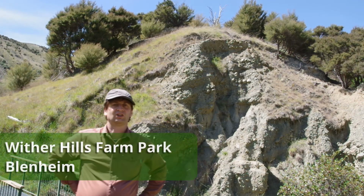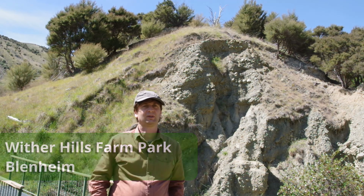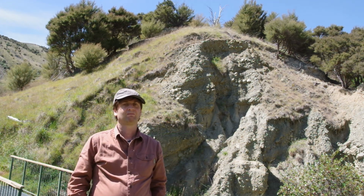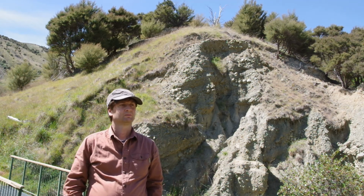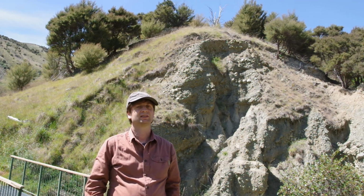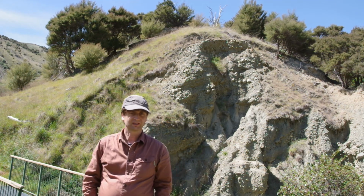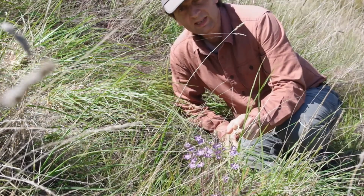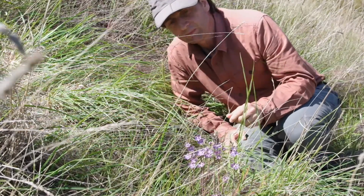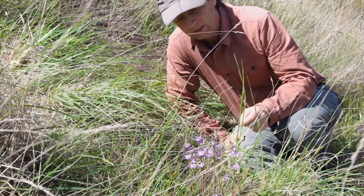This dry, sun-scorched hillside might not be the sort of place you'd think to go to look for native flowers. Probably definitely not the sort of place that you'd go to look for orchids, but that's exactly what I'm going to do. Probably the last thing you think of when you're coming for a walk up the Withered Hills is orchids, but